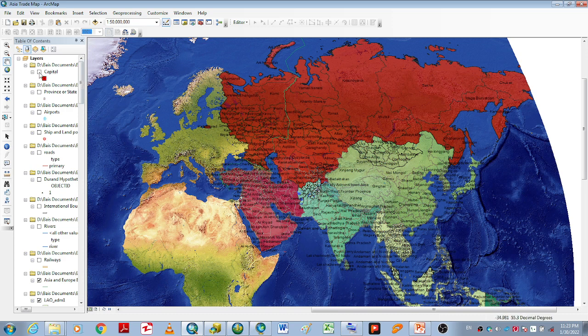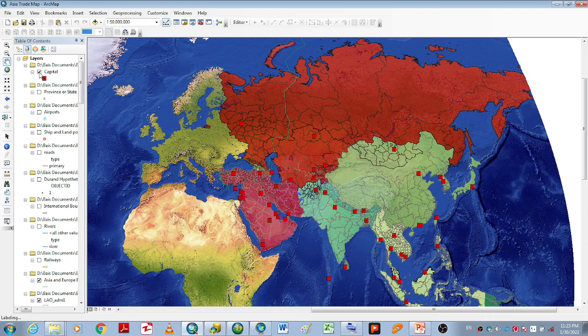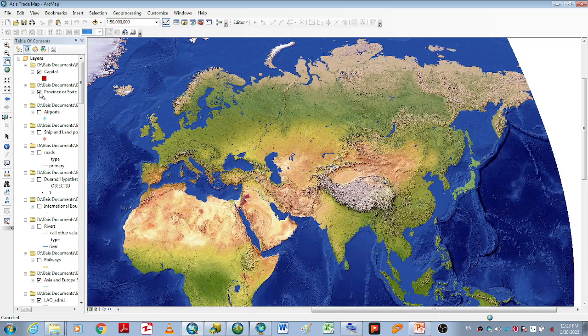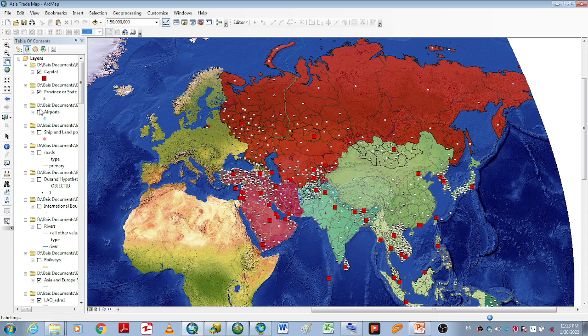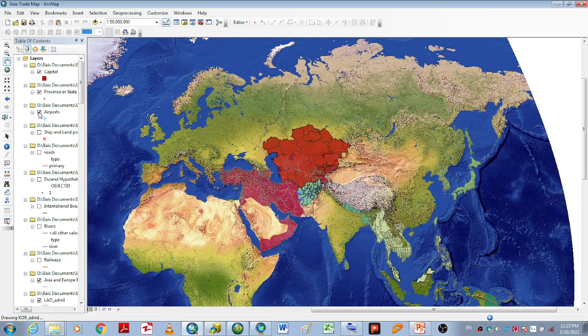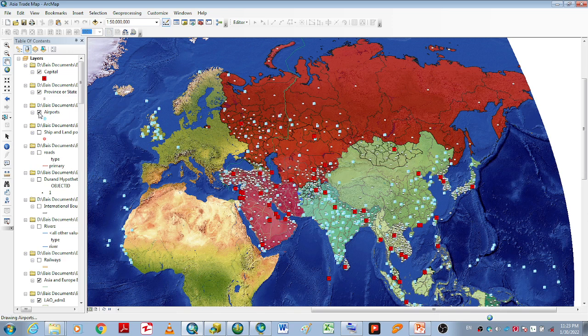I add some layers in my map like capitals, province or state centers, airports, ship and land ports,